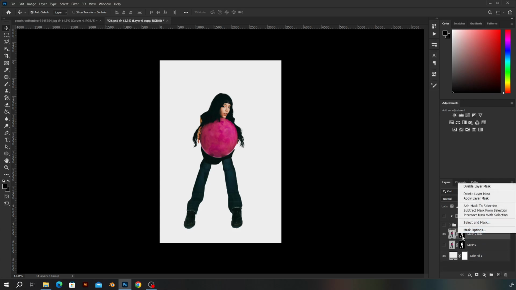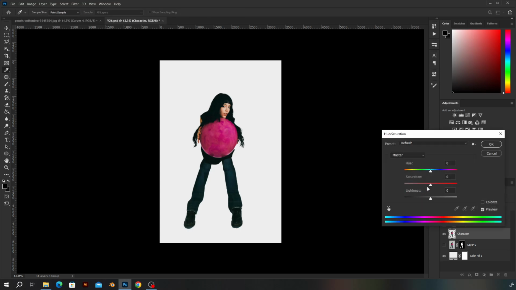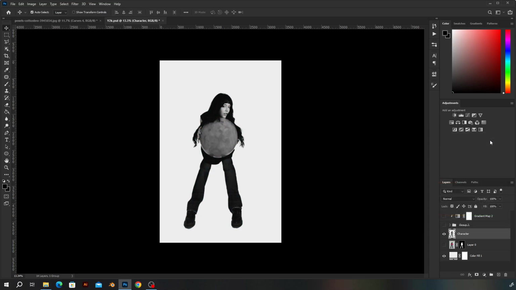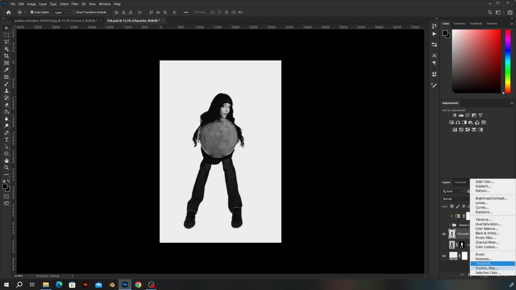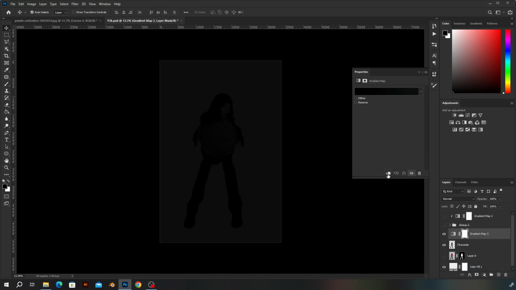Now I'm gonna right click on the layer mask and apply the layer mask. This way we have our character. Let's name it character. Alright, and I'm gonna use Ctrl U and desaturate the image just like this. And now we're gonna go to the gradient map and we're gonna clip it